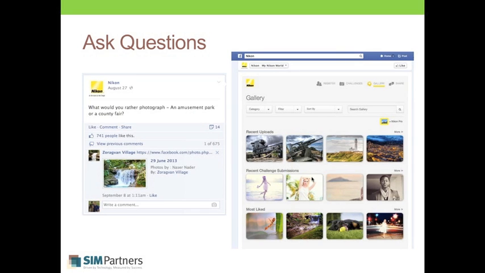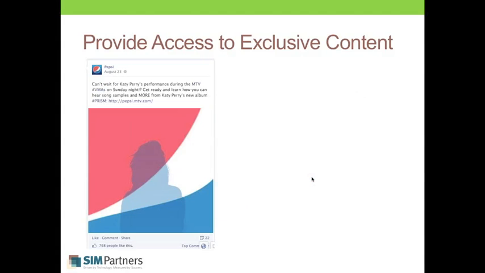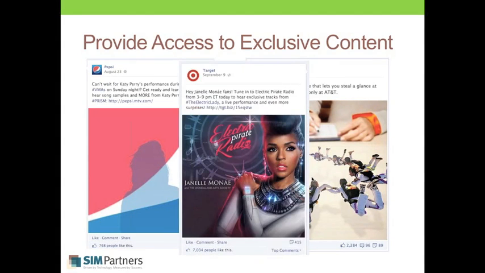Asking questions. This is a big one. Questions go a long way, and it can be something very simple. You can see just in this example here, this is a question that anybody can answer for the most part, and you should think about that when you choose the questions you ask. Another great question to ask is asking your fans what they want to see. What type of content do they want to see on your page? It's very easy to do, and it's a very easy way to get people to engage very quickly on Facebook.